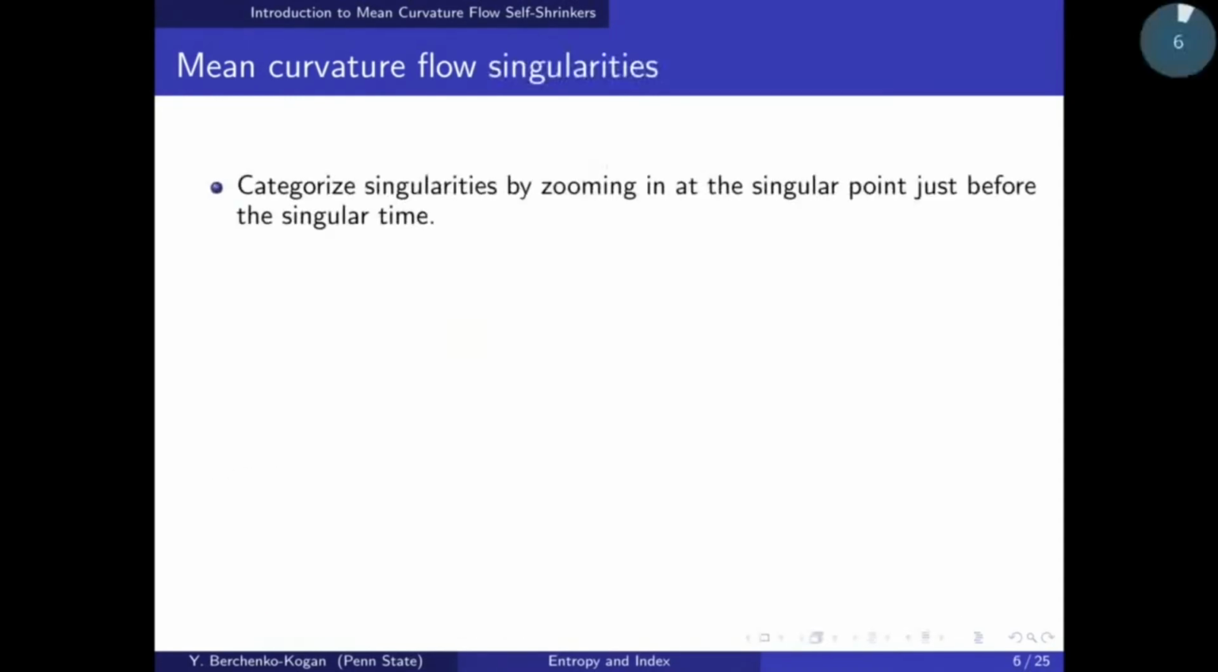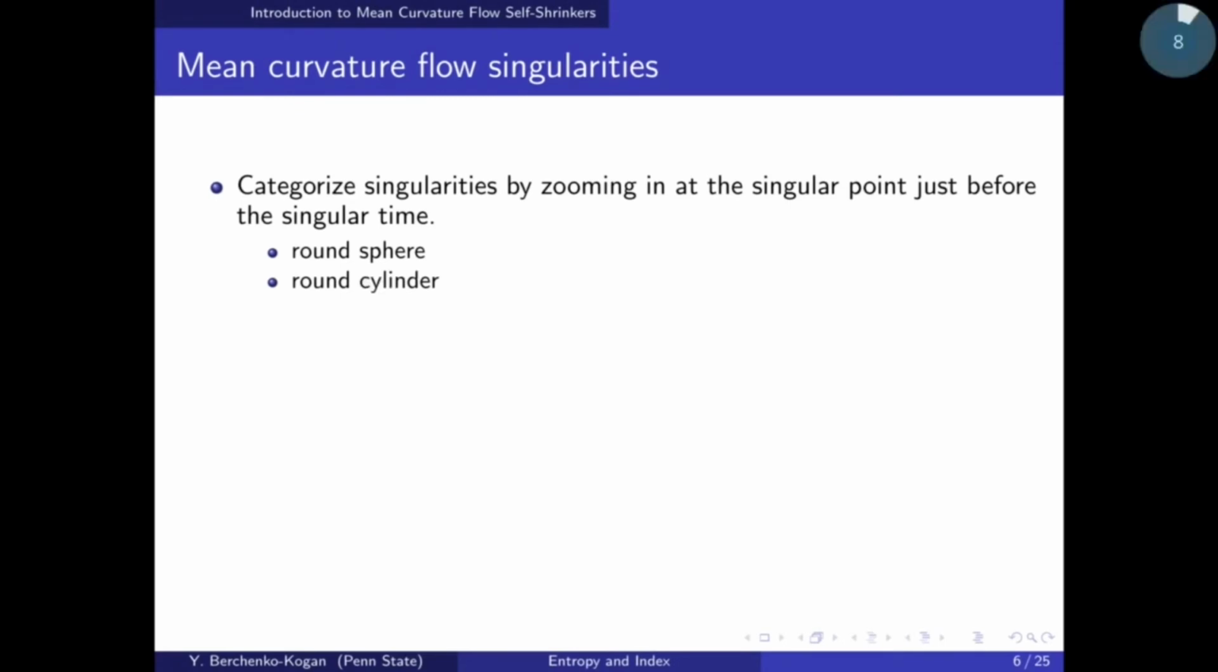Okay. So with those examples in mind, we have this general idea of how we can categorize mean curvature flow singularities. We zoom in at the singular point just before the singular time. We get closer and closer to the singular time and zoom in more and more and see what we see. And so in the curve shortening flow example, if we do this, we get a round circle. And if we started with a rounder surface initially, we would get a round sphere in the mean curvature flow